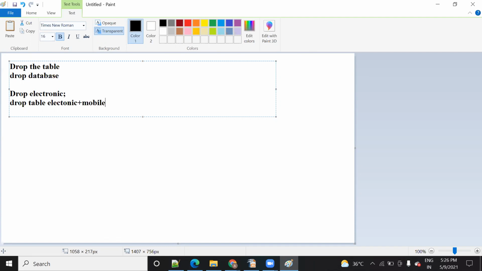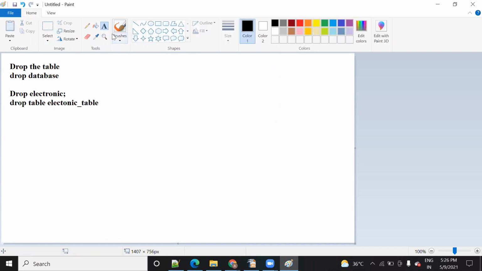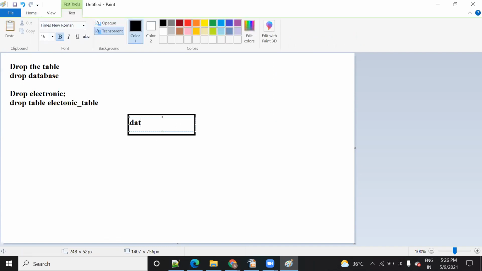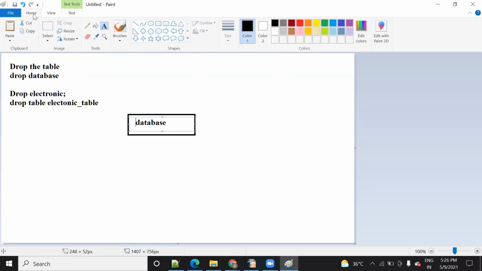This is a table name. So normally what is the structure here? I have already explained how the structure usually is, but let me explain once again. Inside your database you have multiple tables. Is it clear?